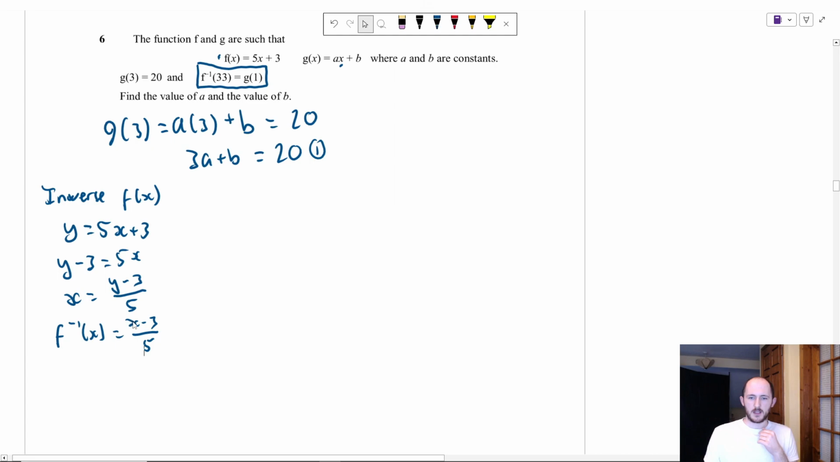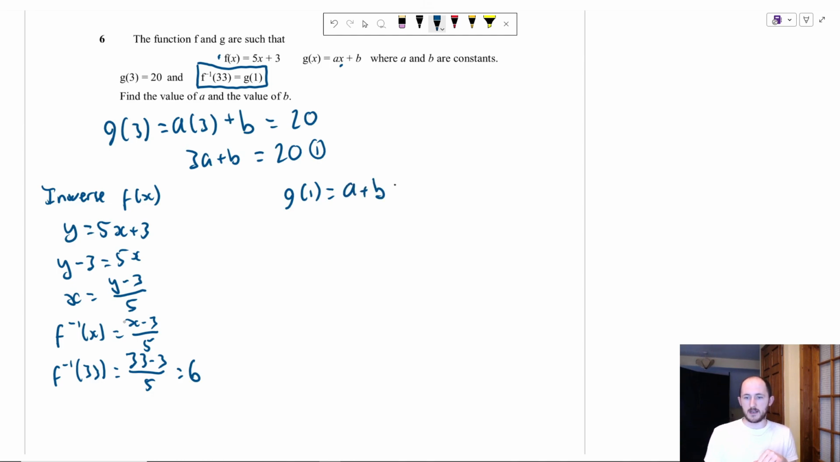Okay. So now what we're going to do is sub in 33 into f minus 1. So 33 minus 3 is 30, divided by 5 would give me 6. Okay. So g of 1 is just equal to a plus b. And we know that that equals 6 from this piece of information over here. So far,